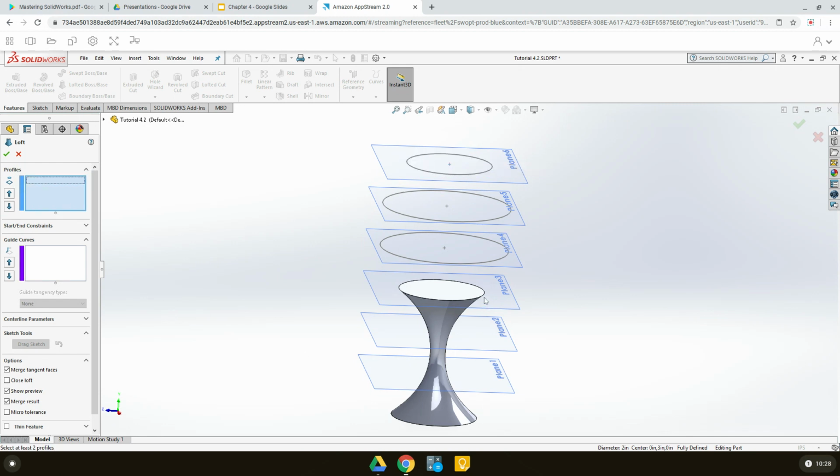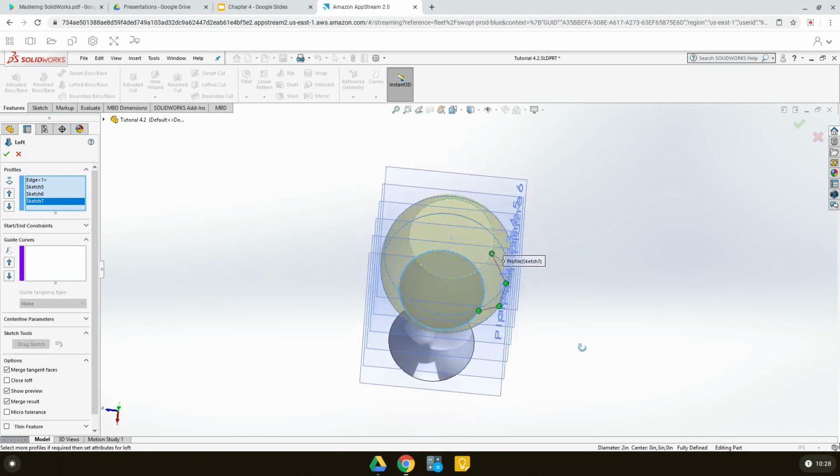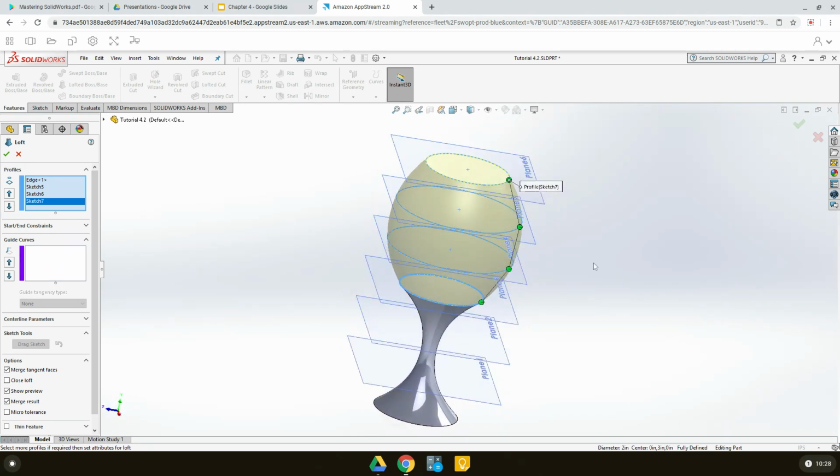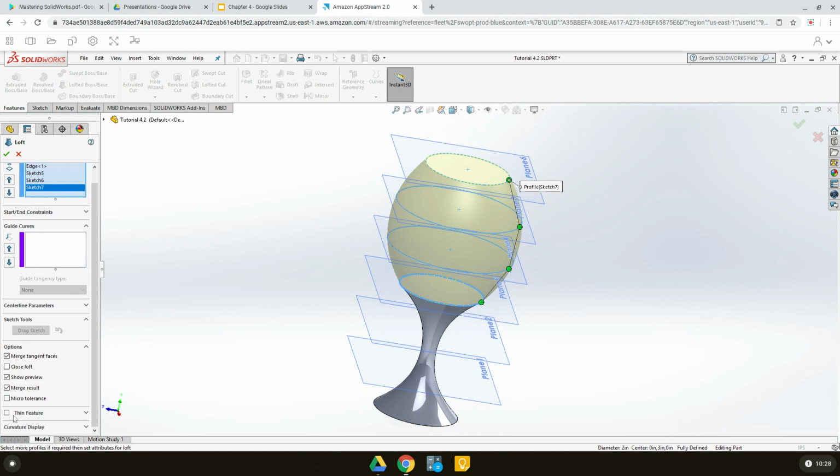Okay, so I'm gonna select this circular edge, then this circle, then this circle here, and then this last circle. But this is a solid wine glass. We want it to be hollow. So to do that, we need to use something called a thin feature. So let's see, here is the thin feature option. You need to check that box, thin feature,